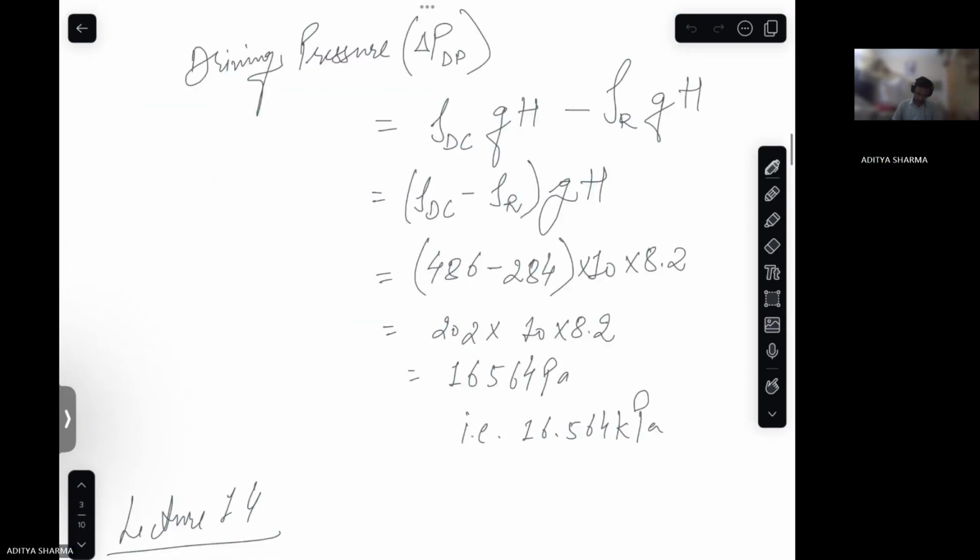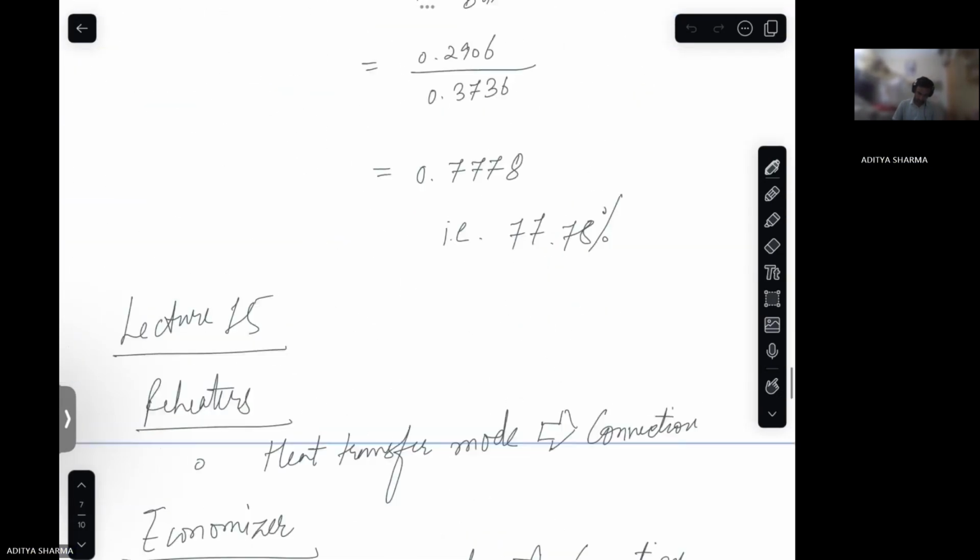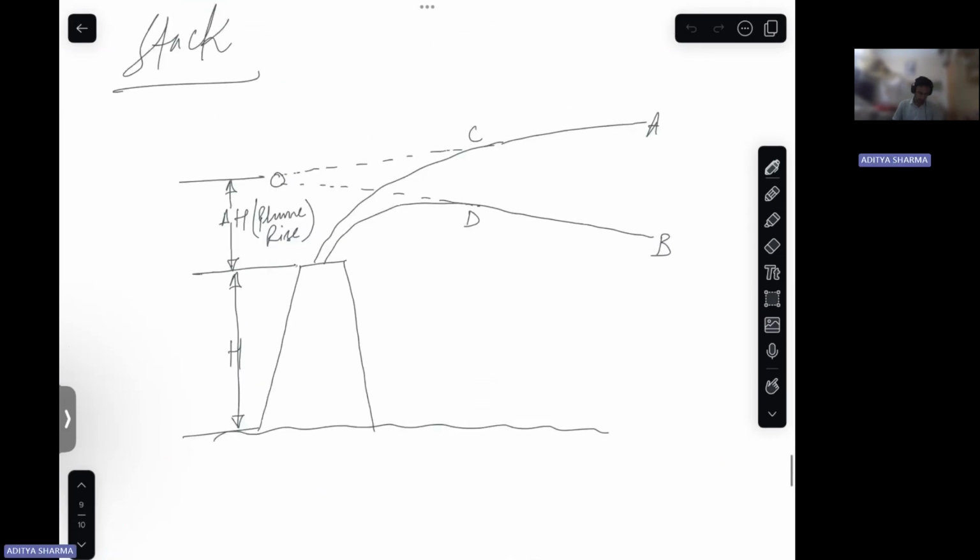Yes. Yes, though I have not drawn the diagram, but